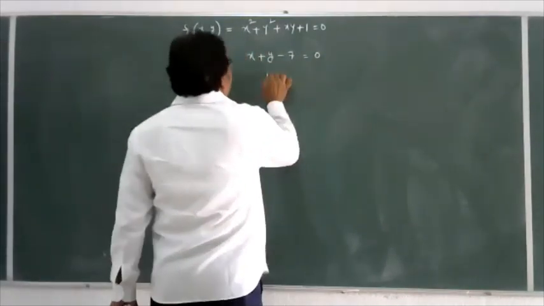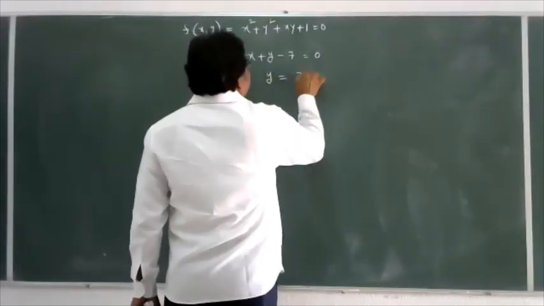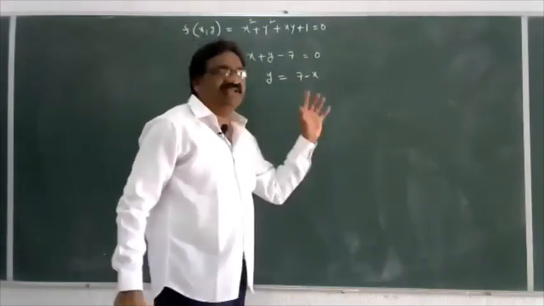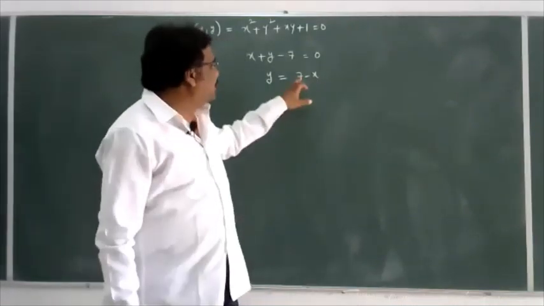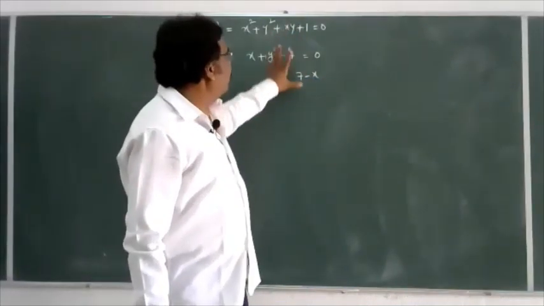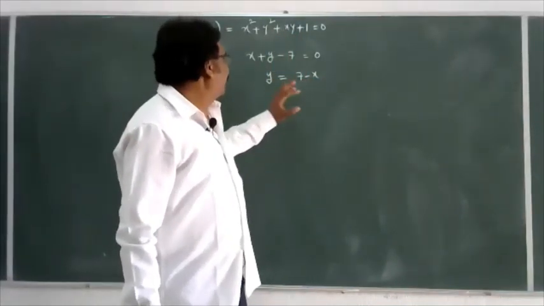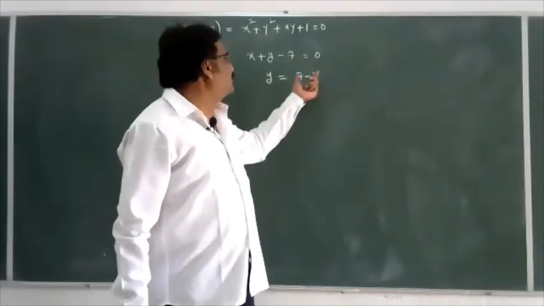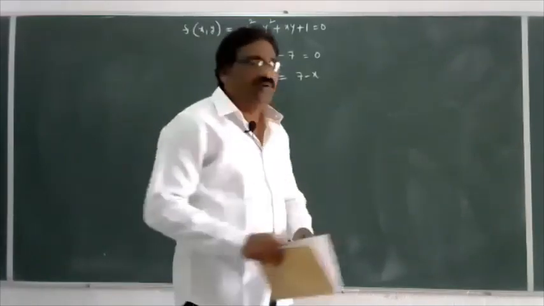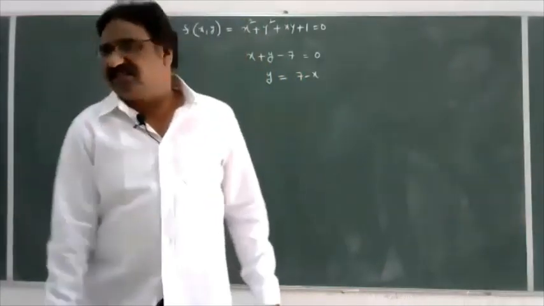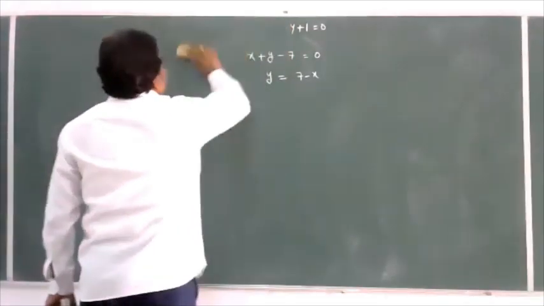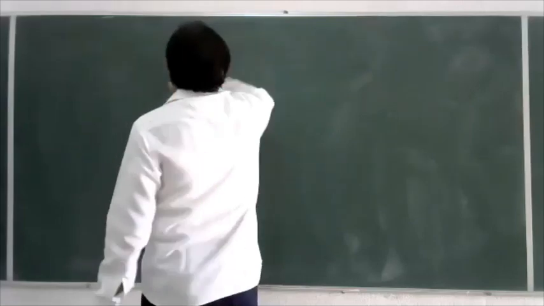For example, this can be written as y = 7 − x. That is, one variable is equal to a function in the other variable. Then it is called an explicit function. So all such functions are implicit, but if we can write one variable in terms of another variable, that is also called an explicit function. We discussed two or more examples yesterday, including how to differentiate implicit functions. I gave two examples already.